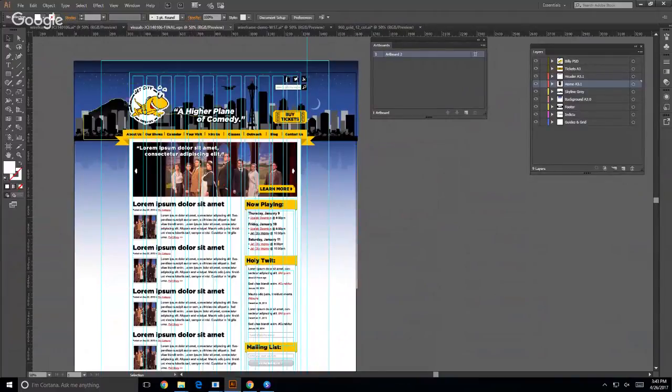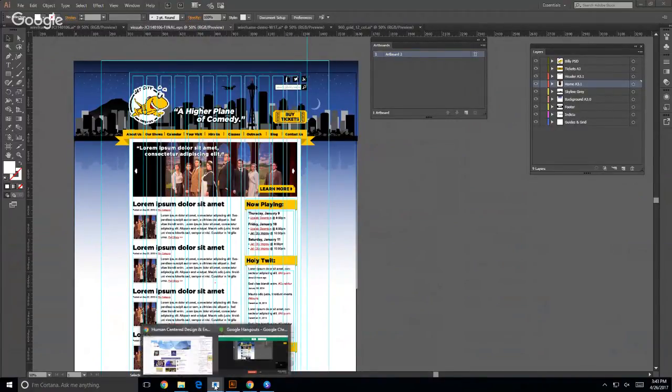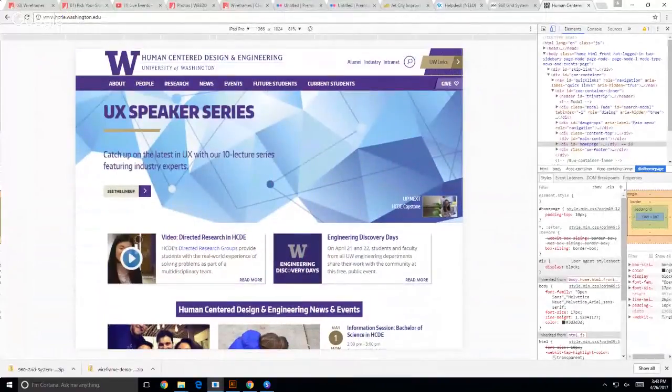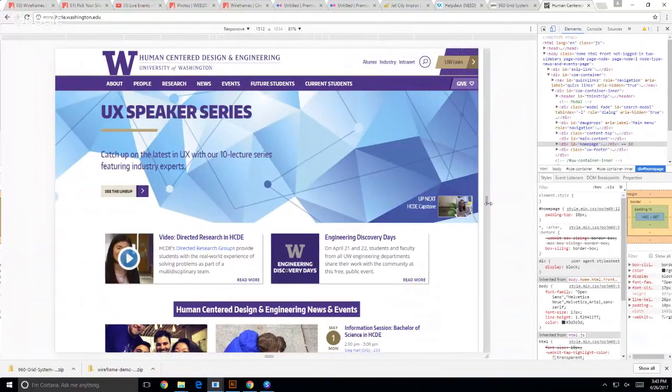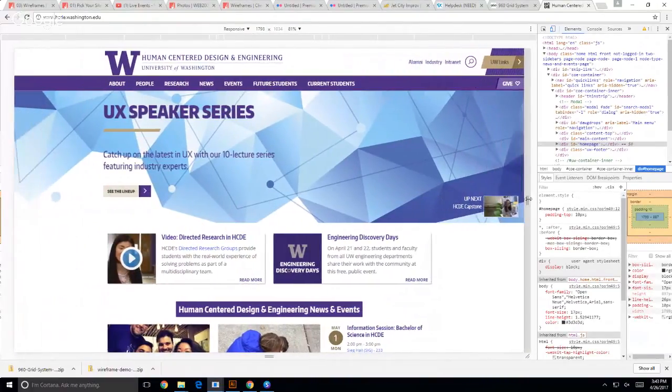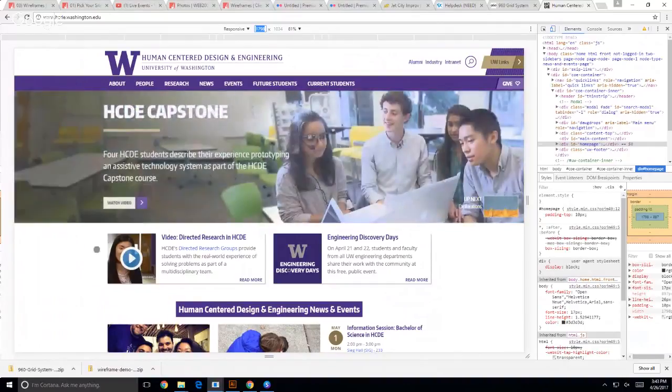So you are going to need to show me beyond the 960 grid system what happens, for instance, for things like this background file here, or this navigation bar that goes all the way out to the edges. In other words, if I go and just hit responsive on this, and we pull out to 1798, right? This bar still goes way beyond